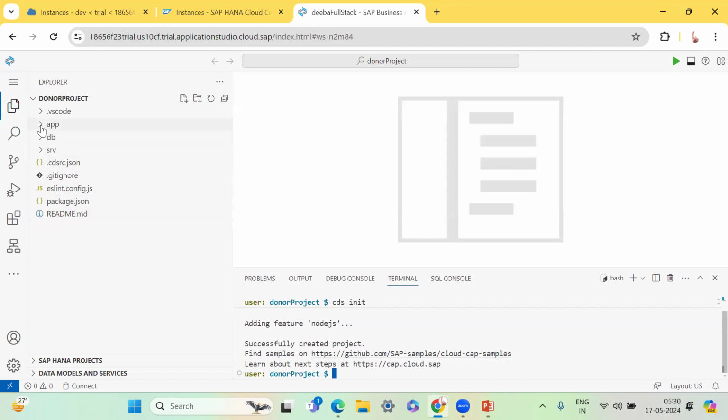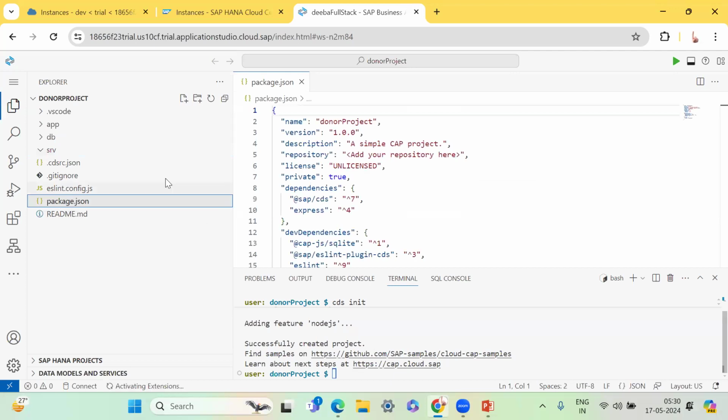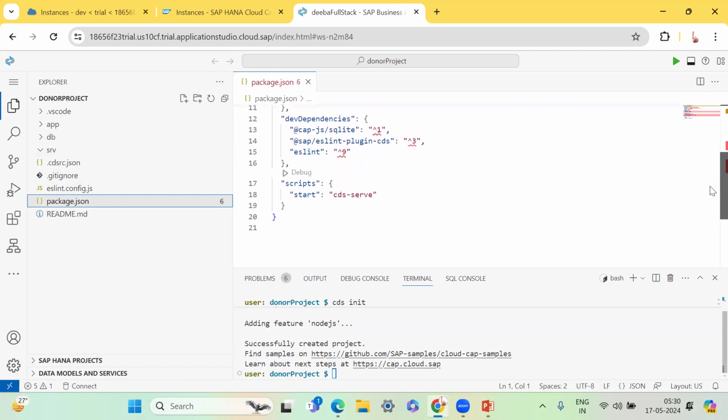You've got an app that's completely empty, a db that's completely empty, and an srv that's also completely empty. And if you go into your package.json, you have these things, but the interesting part is